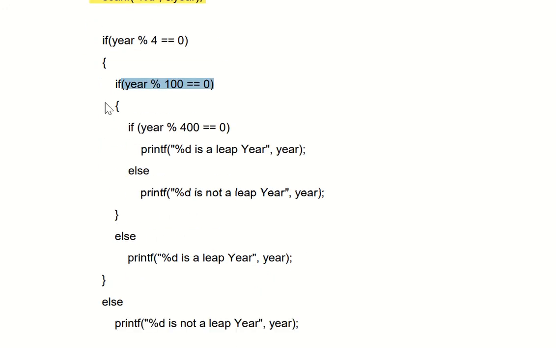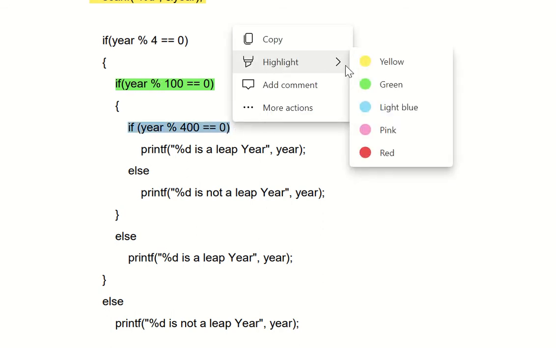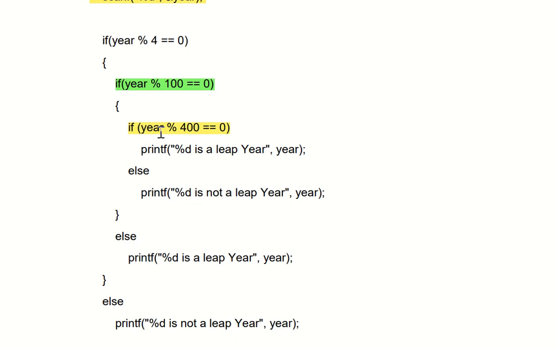So it will jump to this else part. Let me just highlight this for a minute. Suppose this is the if condition, and if it is true, it will go inside this one more if condition. For this if condition, if it is true then printf, but if it is false then obviously the else part.